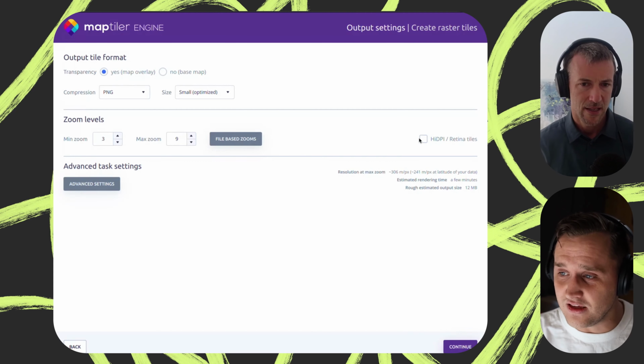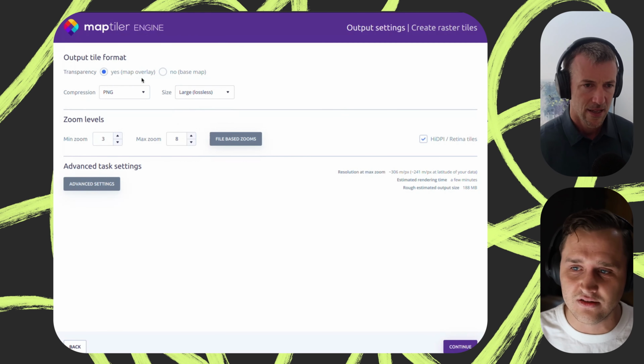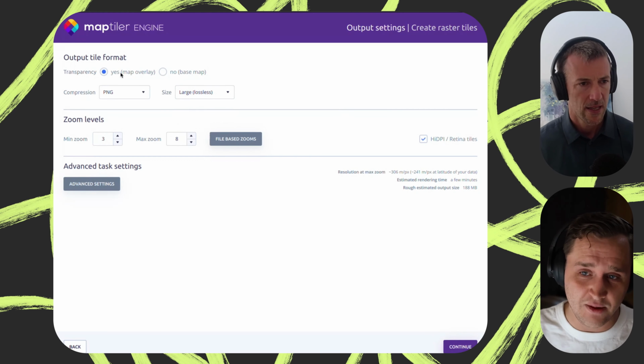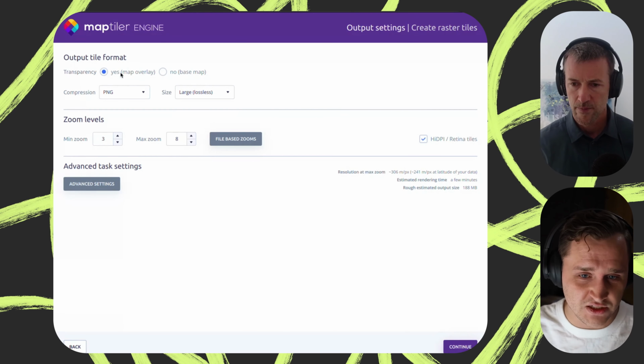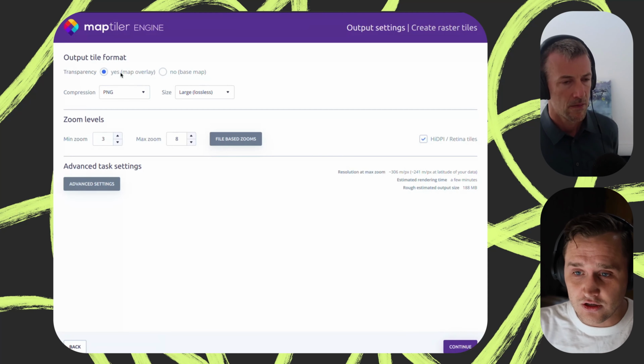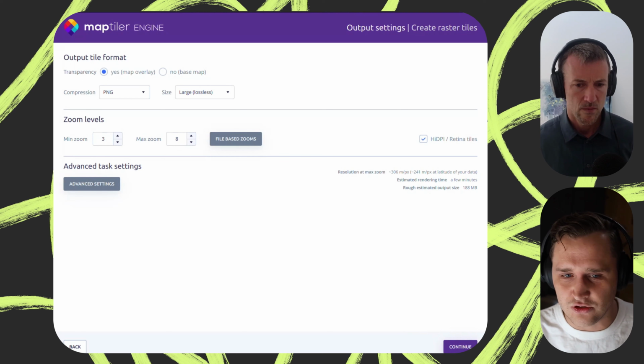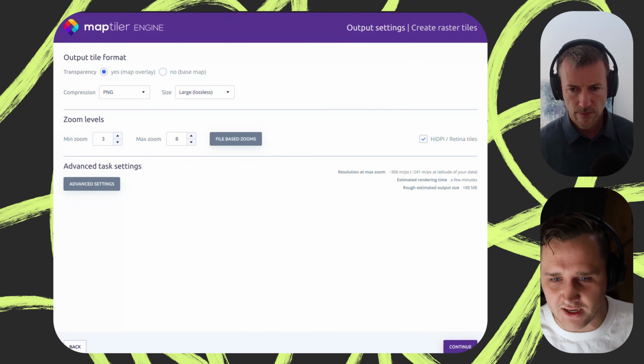And you can get them as high-res DPI tiles. You can get them as lossless PNGs, whatever. And you can say this is an overlay, so I want transparency, and it'll set your 0 values for you. You could do this same thing in QGIS. You can generate XYZ tiles. You could do this, but you'd have to sit there and do the math with it, figure out what tiles you want. Then you just output this to this GeoPackage or your MBTiles to a